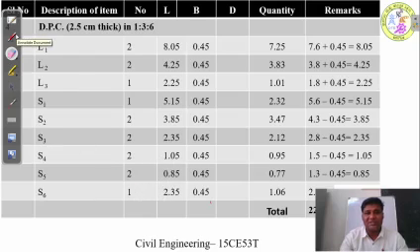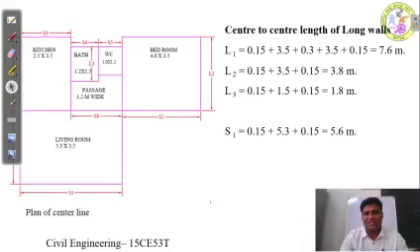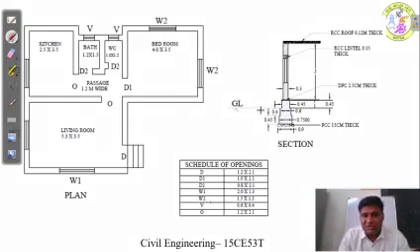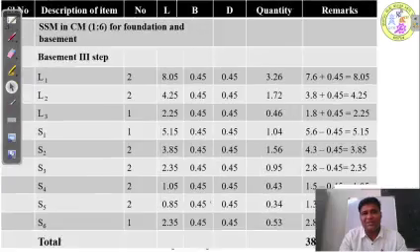And for length, we need to check the cross section. We need to check the width of the DPC that will be provided. See, in this cross section, from here to here, I am going to provide the DPC. You can see clearly the width of the DPC applied will be the width of the third step. The width of the third step is the total width to which the DPC is applied. So I can come to a conclusion that whatever length is calculated for the third step will be the same for the DPC also.